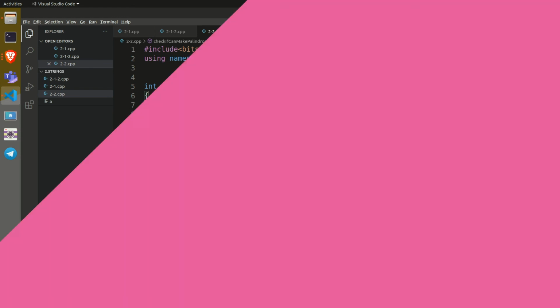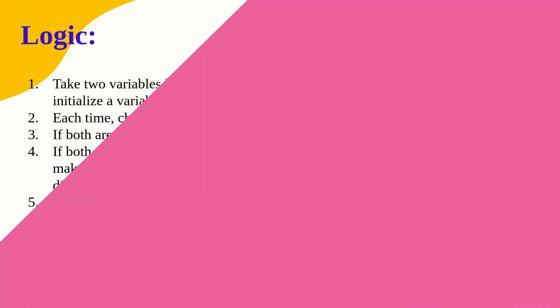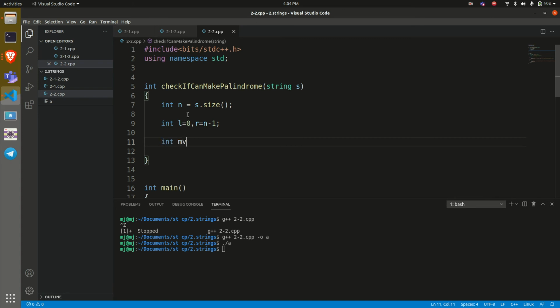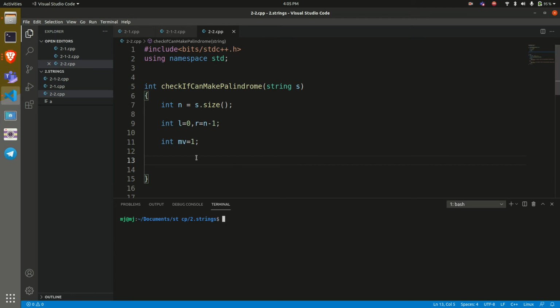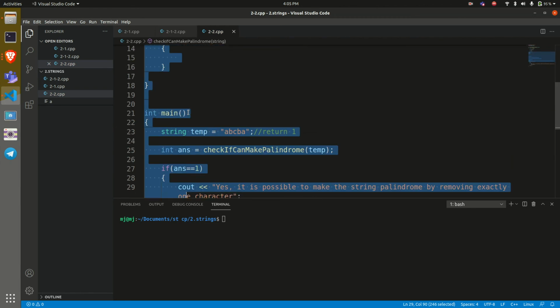And as discussed, let's take a variable mv equals 1, which will keep track of the number of errors or number of deletions that we have made to check whether it can be made palindrome or not. Now let's traverse this entire string. So while L is less than R, this is a kind of loop which is mostly preferred while writing a two-pointer approach.